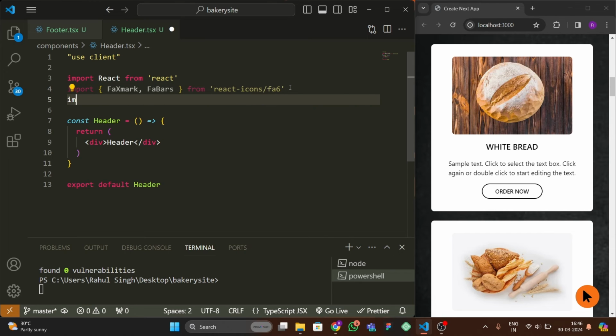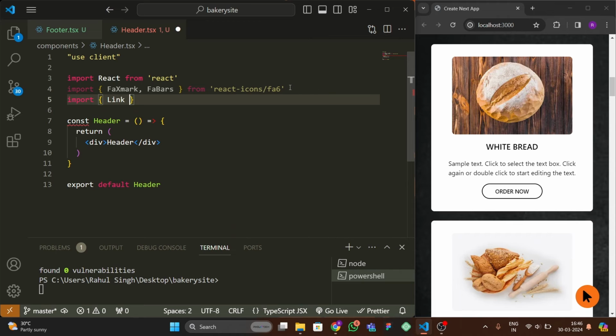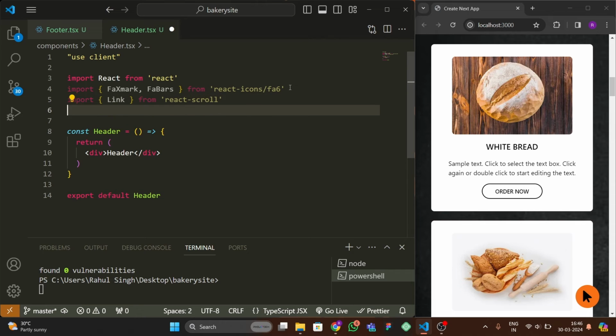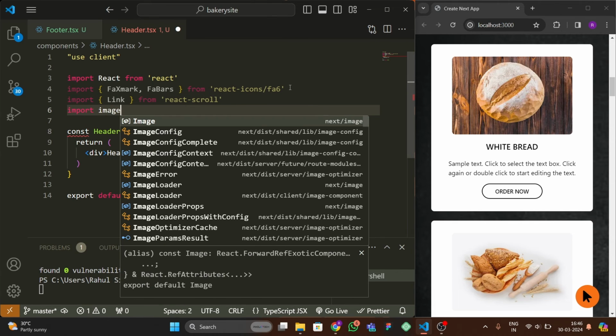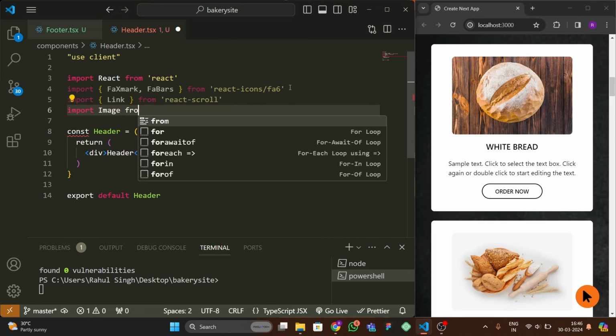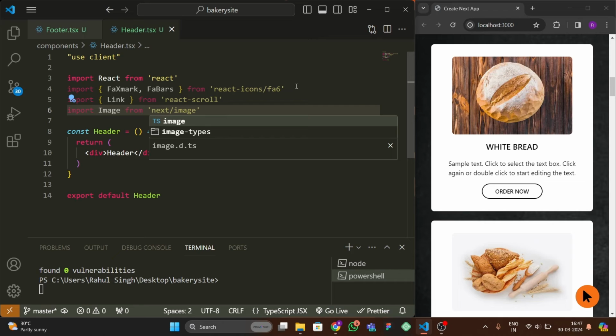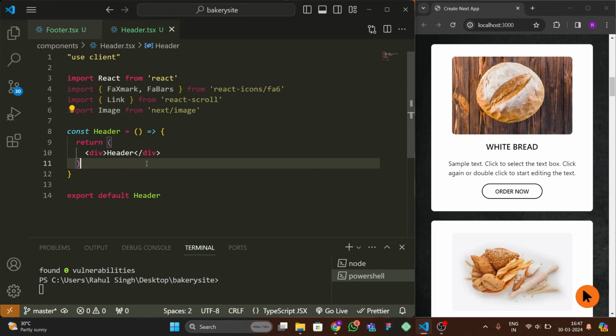Then after that, we have to import Link from React scroll, and after that you have to import Image from next image. Okay, then all these things are done, and after that let's go to our header, and